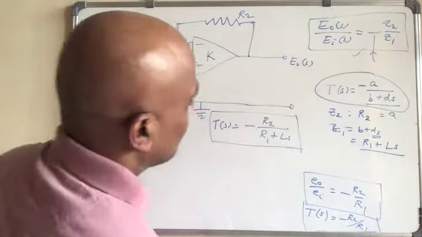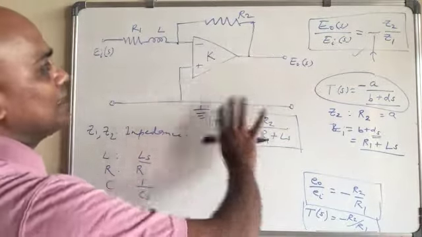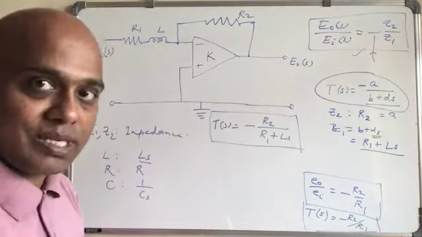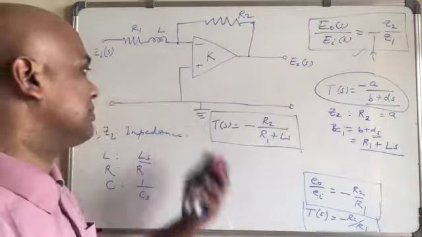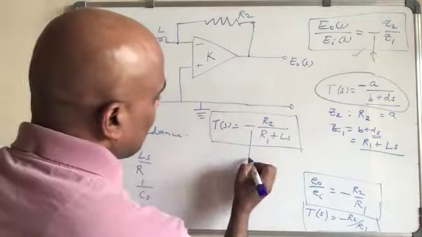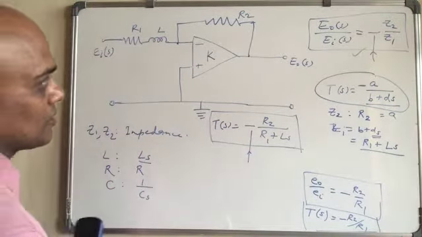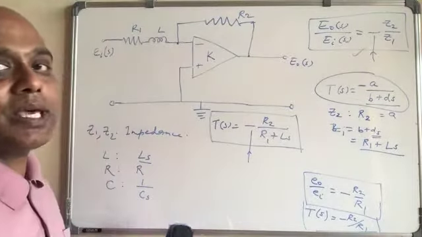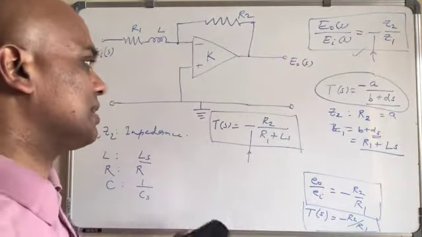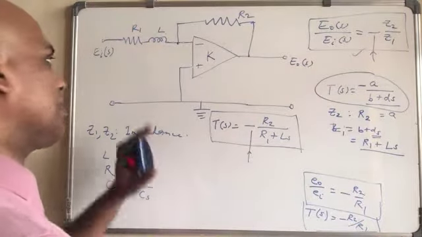So you automatically get this kind of desired transfer function using an op-amp. This is a very powerful tool. But here what we see is always inverting, right? So this is inverted. What is the way to make it non-inverting? That we will study, so that it should not be the negative of what we are doing.